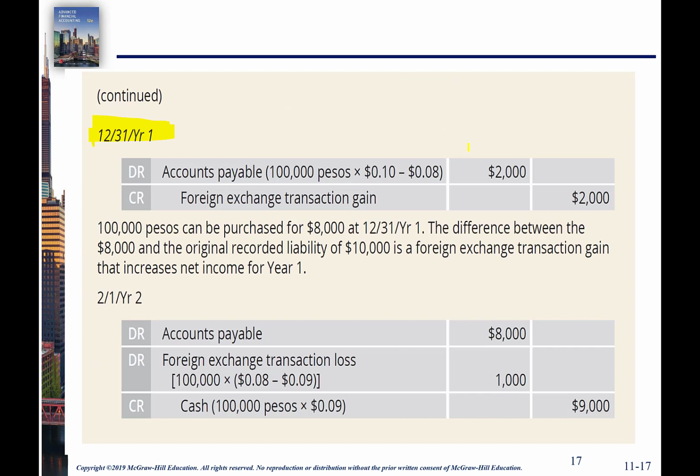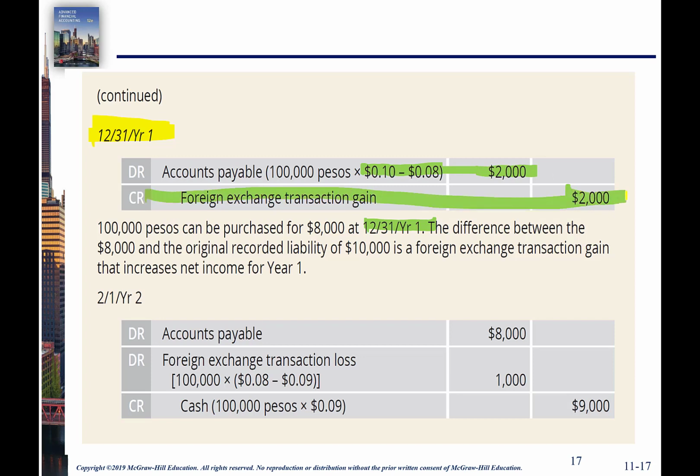You would simply take the difference between the rate at the date of the transaction and the rate at the balance sheet date, if we haven't settled that yet by year end, obviously, and that results in a 2-cent difference in our favor. And so we multiply the number of foreign currency units, in this case 100,000 pesos, times that fluctuation, and that results in a foreign exchange